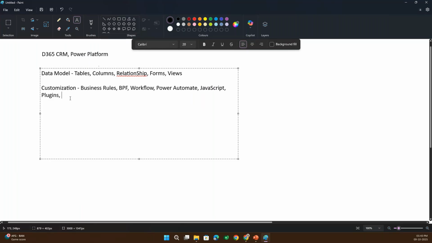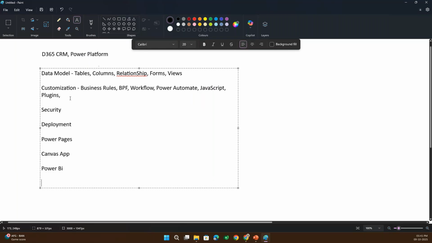Then we have the security roles, security related stuff, which is also one more important topic. Then deployment strategies. Then we'll also be seeing a small portion of Power Pages, and a small portion of theoretical knowledge on Canvas app, because Canvas app cannot be completed in 2 to 3 days. So we'll be discussing the Canvas app as well. Then we will see a small portion of Power BI as well.